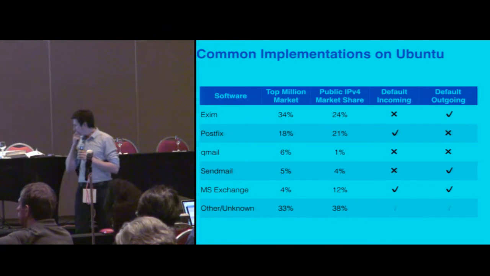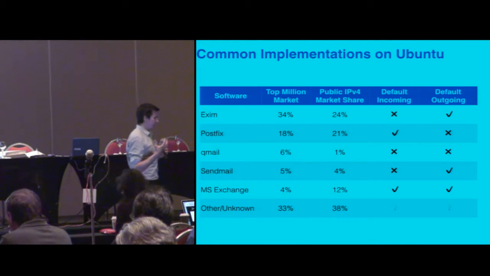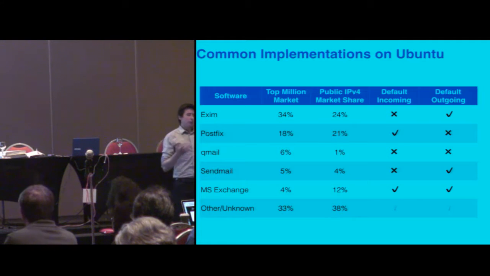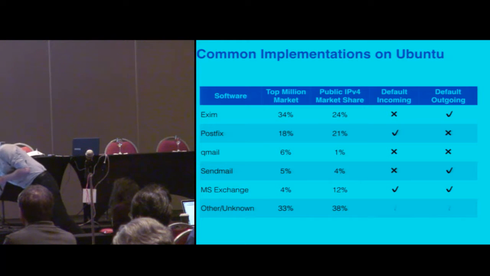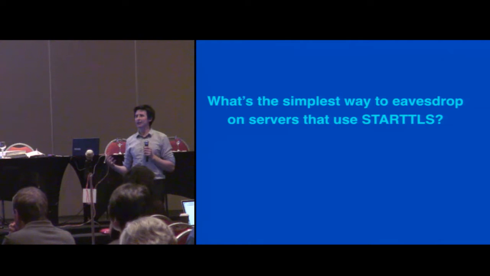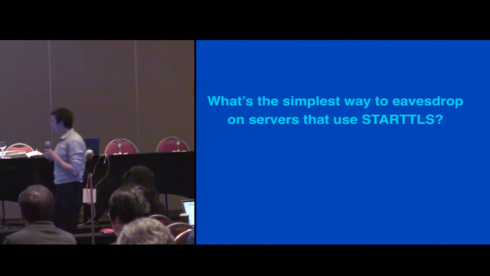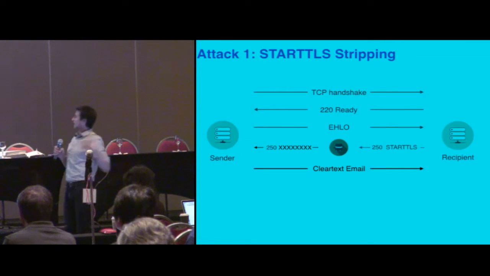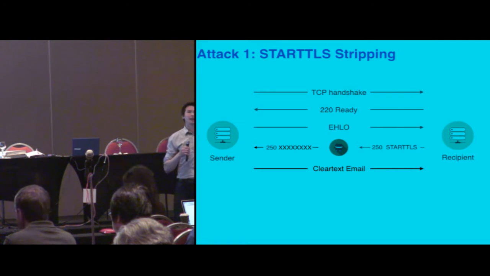And so we have this somewhat broken ecosystem where you can be a victim to an active attack at any time, given that this is all opportunistic. So the simplest idea would be, if you're an active attacker, what is the most naive, simple attack you could do to read someone's email? That would be to corrupt really any part of the TLS handshake, because no matter what happens, the server's just going to say, well, you don't support STARTTLS, and I will just go back to clear text.